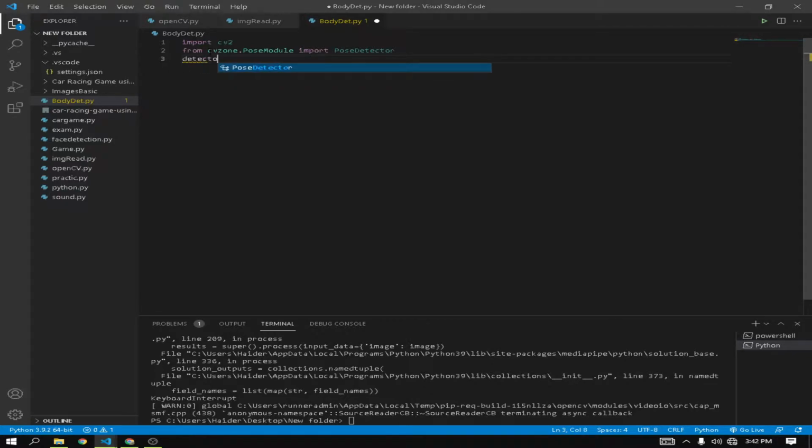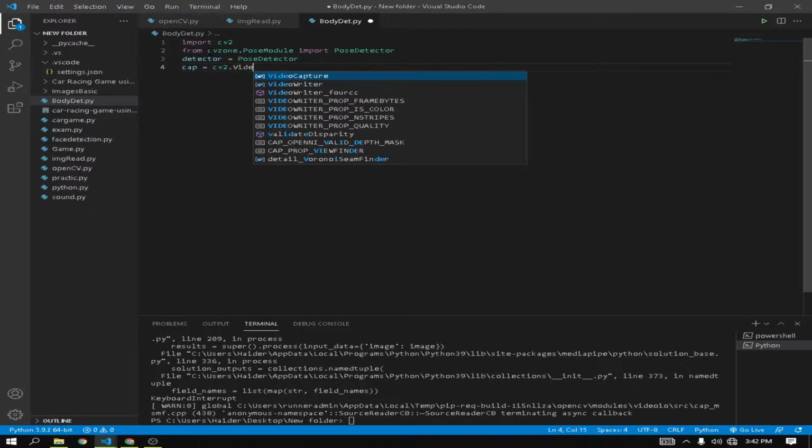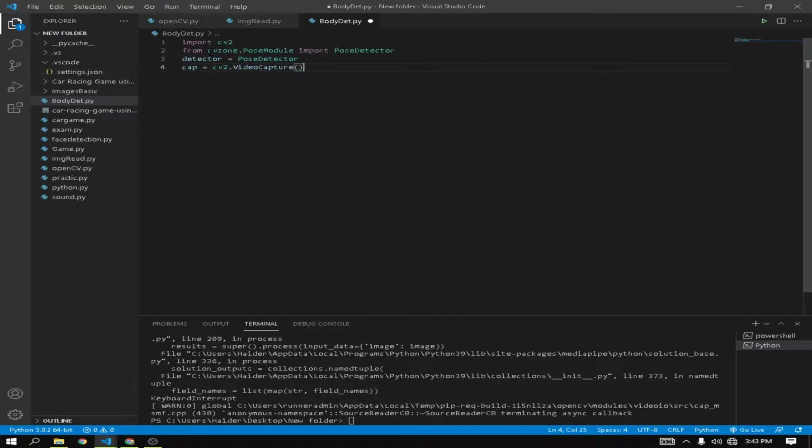Now we need to add the camera object. This one I already explained in my previous video, how we can import the camera object. There is a variable cap equal to cv2.VideoCapture(0). If we write a 0, it means it will take the default camera, whatever camera is attached by default, so we write a 0 inside these small brackets. After that we need to write a while loop. The while loop will capture the video frame by frame continuously.